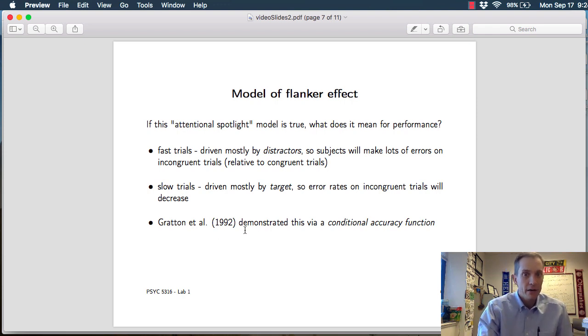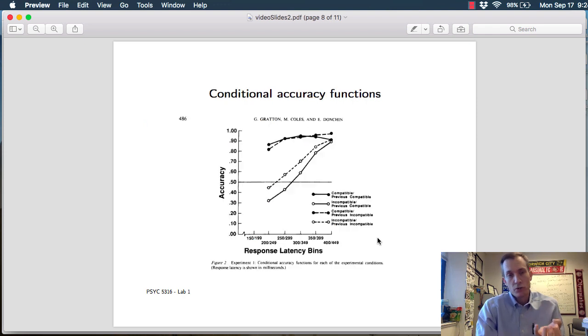Well, Gratton et al. introduced something called a conditional accuracy function to demonstrate this model. So that's what we want to spend the rest of the time today talking about: what is a conditional accuracy function, and more to the point, how do you construct it? This is one of the original plots of a conditional accuracy function that was provided in the Gratton et al. paper. And there's a lot more information here than what I really care about, but the basic idea is